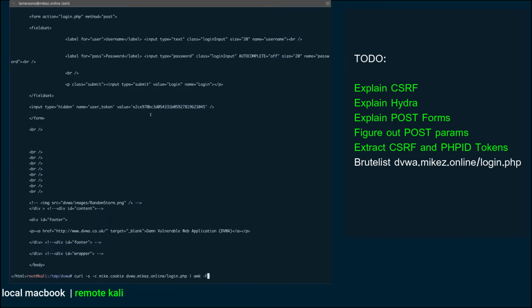Okay, so our delimiter will be the value equals, since the value is not the unique delimiter, because it has values everywhere, we will have to filter it out a little bit. User token. Yeah, so basically we want to fetch only the value for user token,